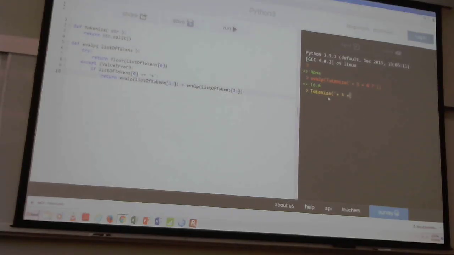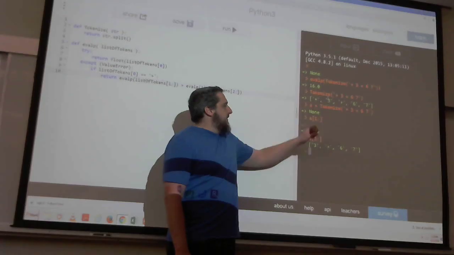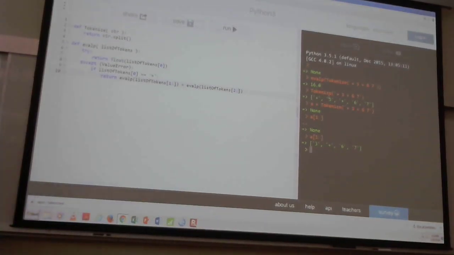plus 3 plus 6, 7, right? Let's assign that to a variable. Let's say a equals that. If I say a of 1 colon, that gives me everything after that first plus, right? If I say a of 2 colon, it gives me everything after the second element, which is the plus 6,